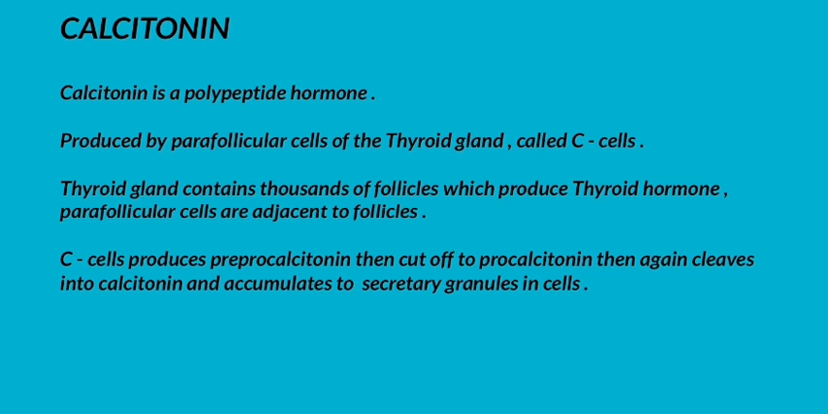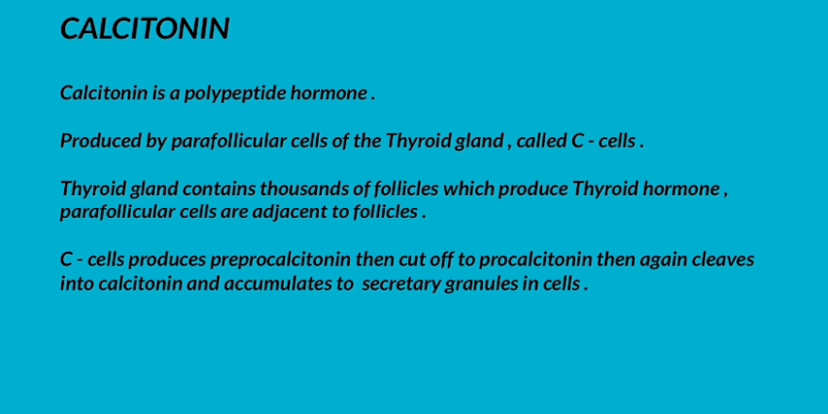Now, calcitonin. Calcitonin is a polypeptide hormone produced by parafollicular cells of the thyroid gland, called C cells. The thyroid gland contains thousands of follicles which produce thyroid hormone. Parafollicular cells are adjacent to follicles. C cells, or parafollicular cells, produce